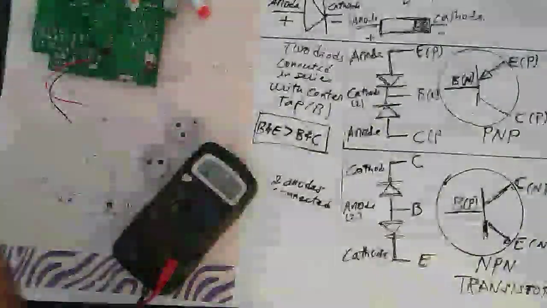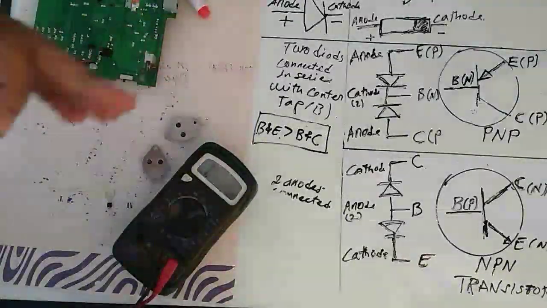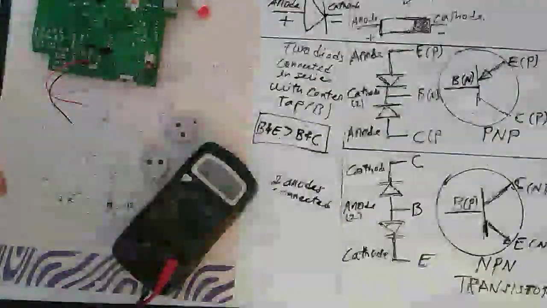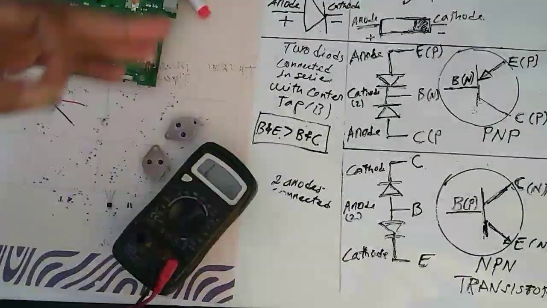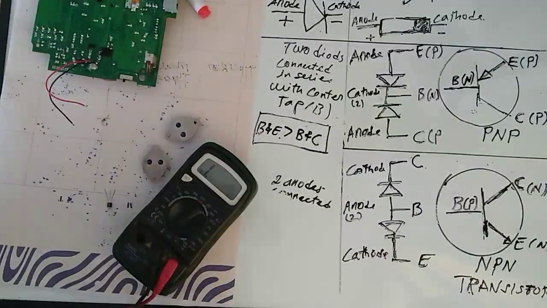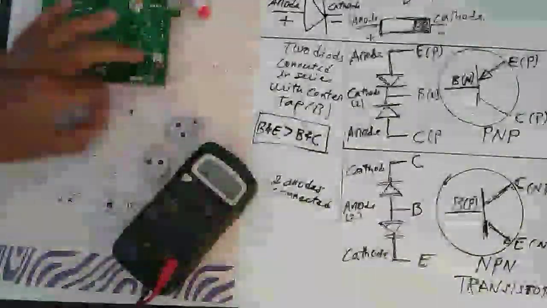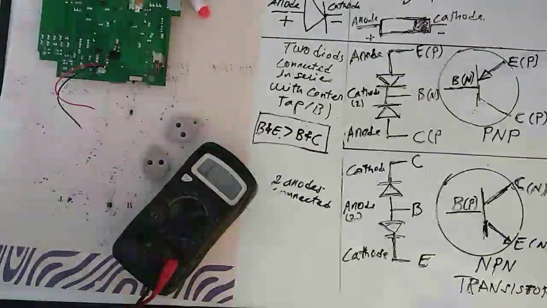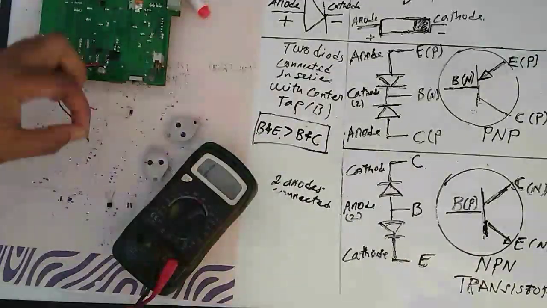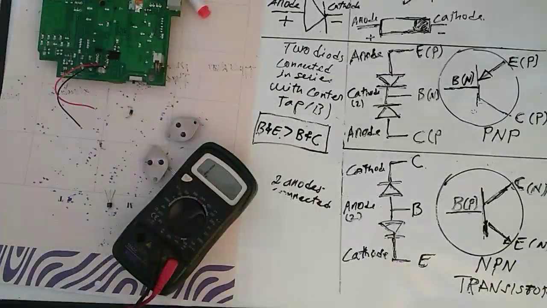Okay, I'm going to show you how to test diodes, and then I'm also going to show you how to find a faulty transistor using a digital multimeter. These are diodes made of silicon. These are another diode made of germanium. There are two types of diodes: one is made from germanium, another one is made from